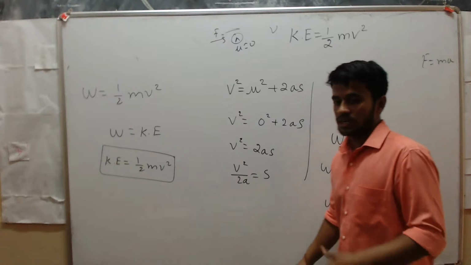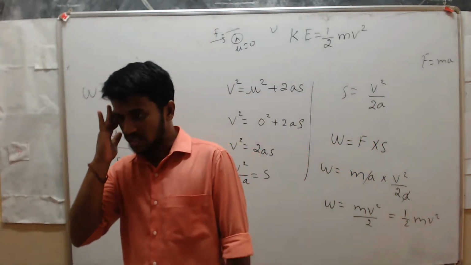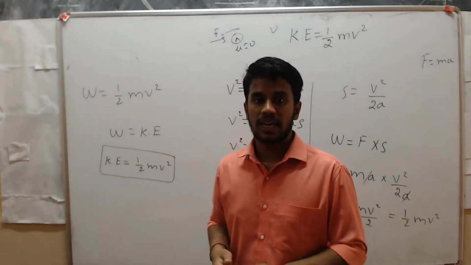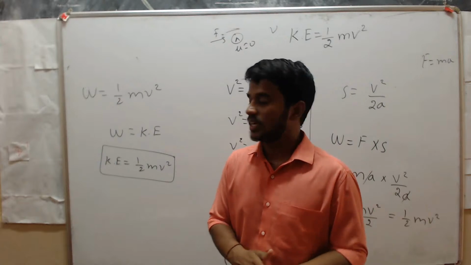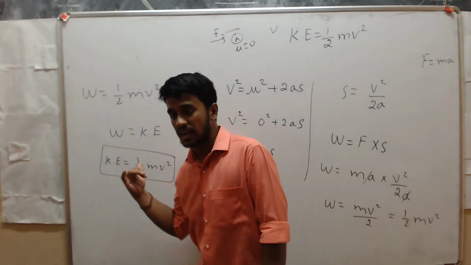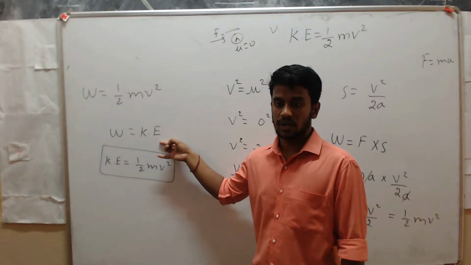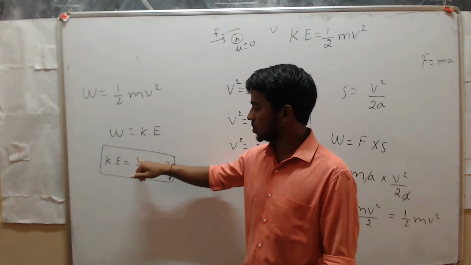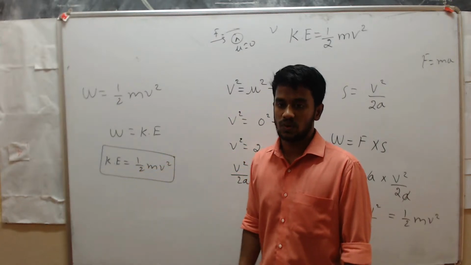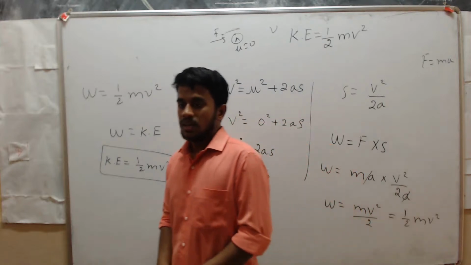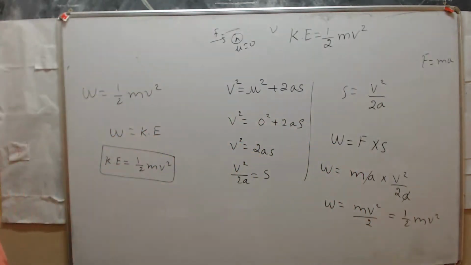In the previous class we had studied energy is nothing but work done, right? That energy is converted to work done. So that's why energy equal to work done. Here kinetic energy is equal to work done. So that's why kinetic energy is equal to half into mv square. So simple one. If you have any doubts here, please ask. So next